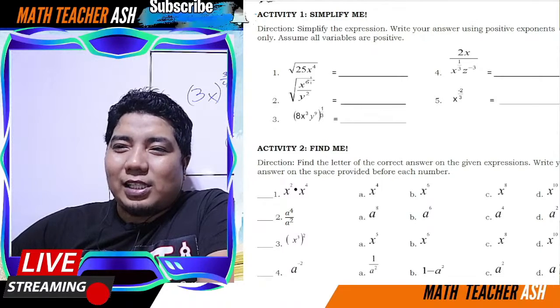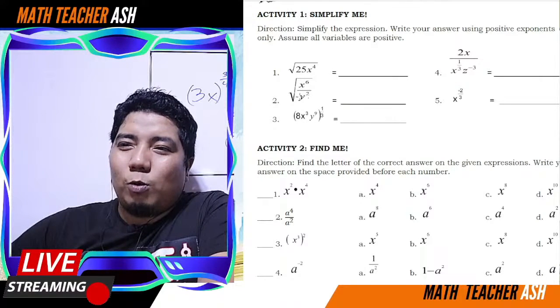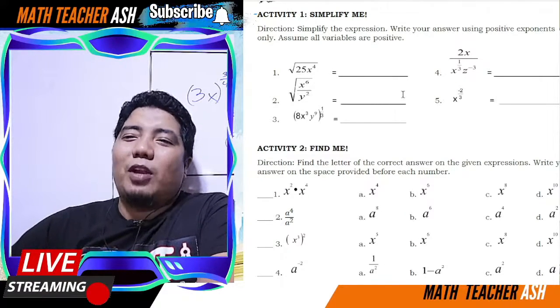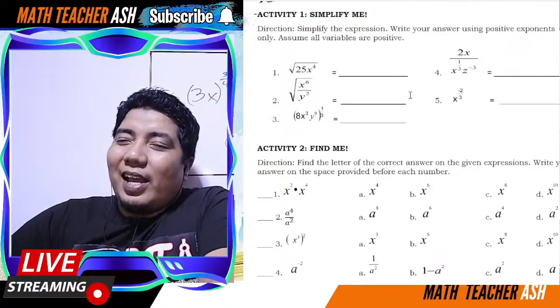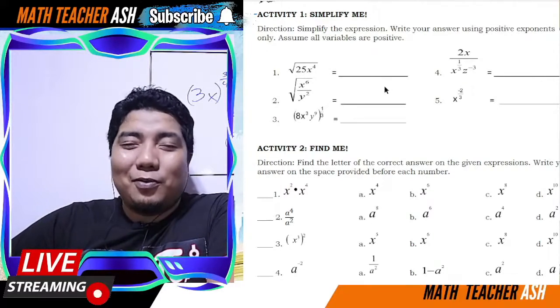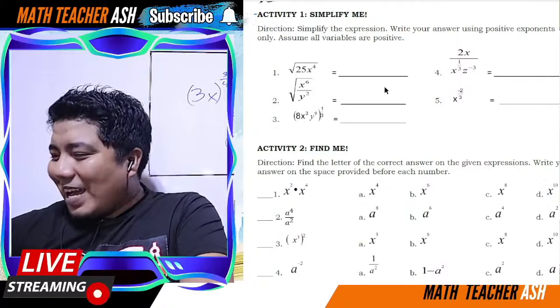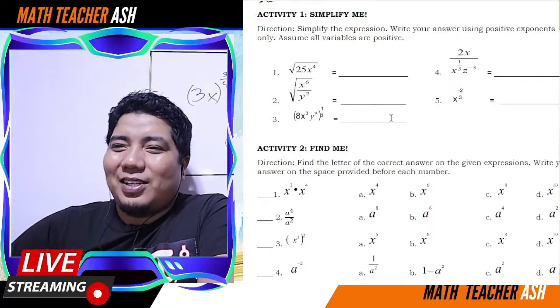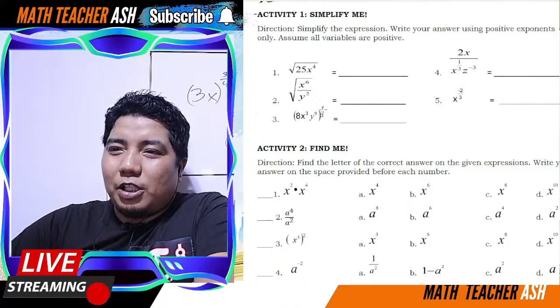Now, si 6 pwede i-divide kay 2, si 2 pwede i-divide kay 2. Therefore, your final answer is x cubed over y. Alright, napakadali lang, my dear math learners. Okay, how about this? My dear math learners, pwede mo itong